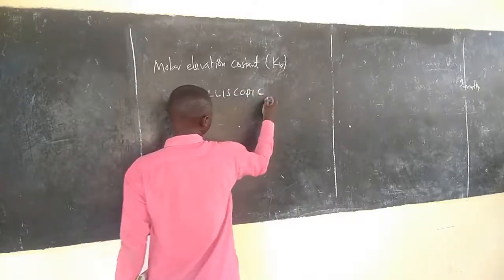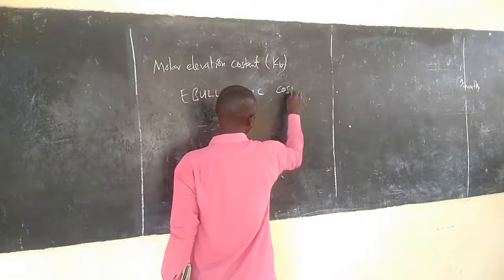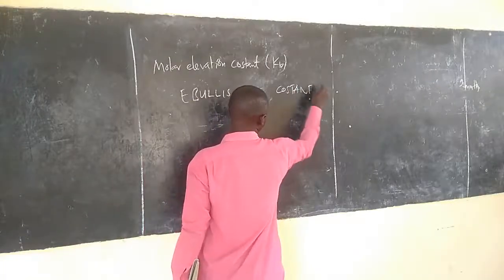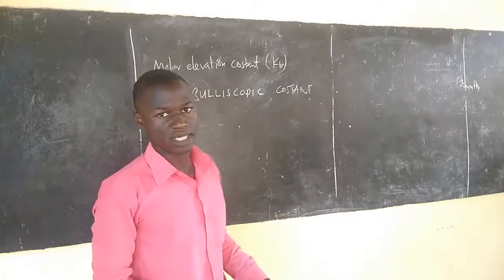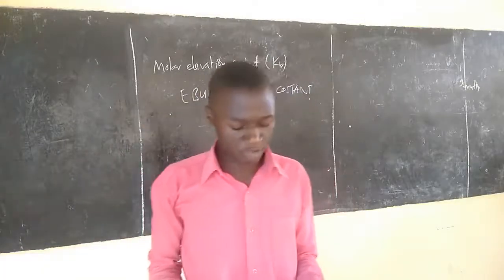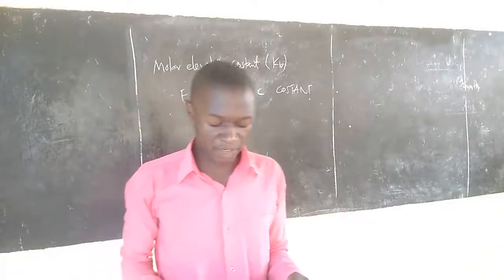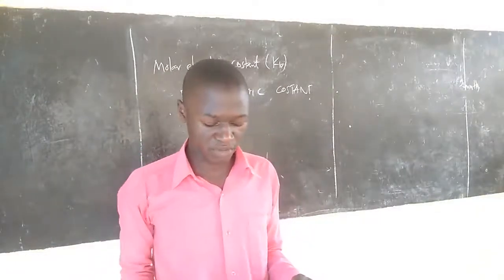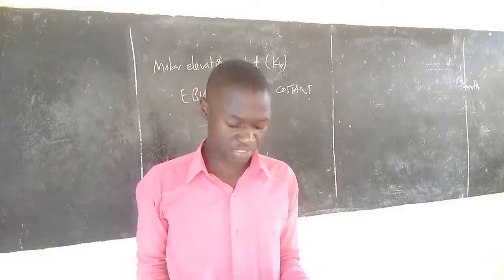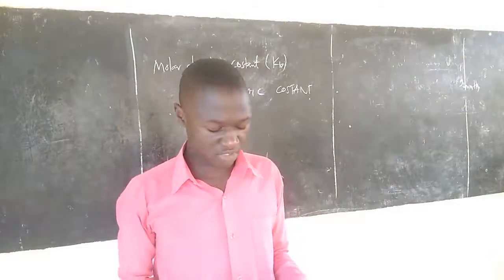So what is an ebullioscopic constant, or the molar elevation constant? It is defined as the boiling point elevation produced when 1 mole of non-volatile solute is dissolved in 1 kilogram of